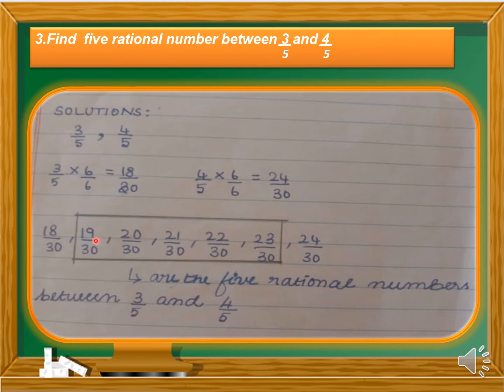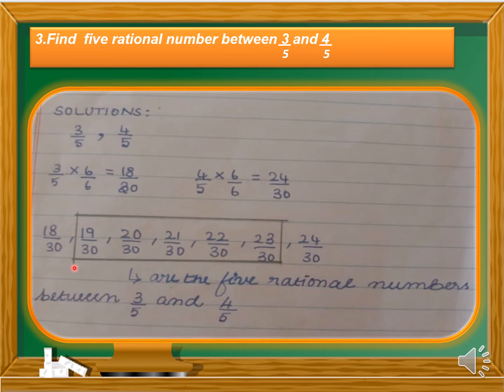As I said in previous slides, we can cancel the answers, and that answer can also be in between 3 by 5 and 4 by 5. So when cancelling 20 and 30, we get 2 by 3, that is 10 into 2 is equal to 20, 10 into 3 is equal to 30. In both, the common factor is 10, so no need to take that. And the other numbers, 2 and 3: 10 into 2 is equal to 20, so 2 remains here, 10 into 3 is equal to 30, so 3 remains here.